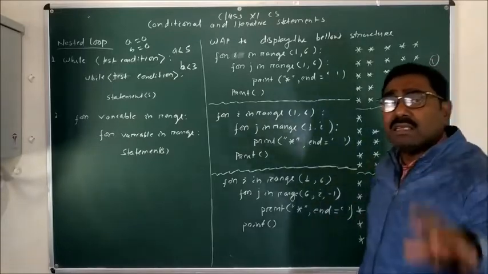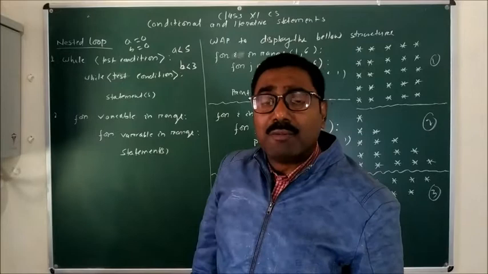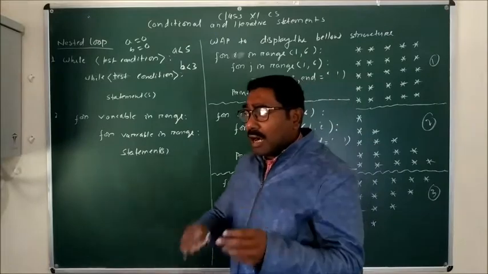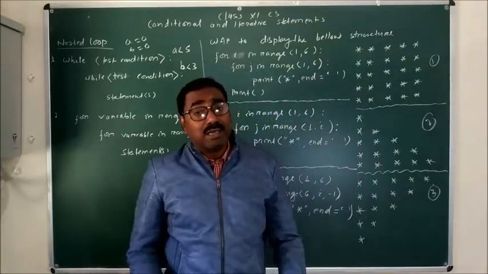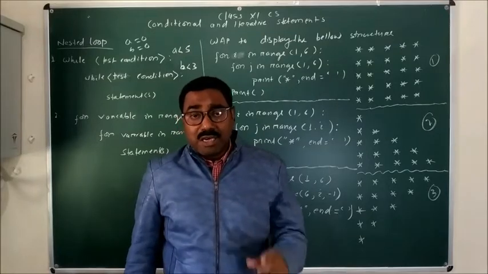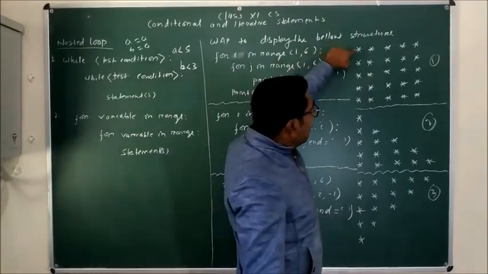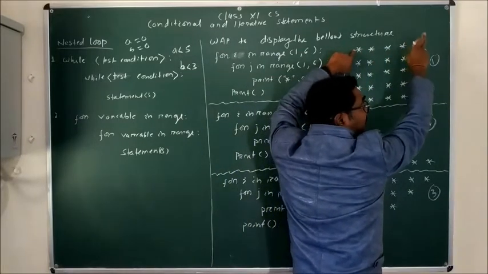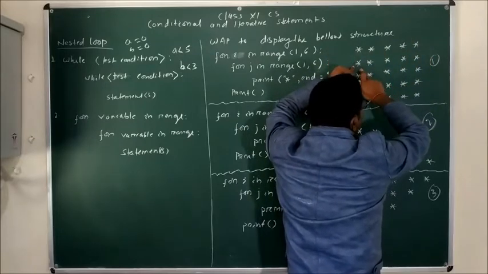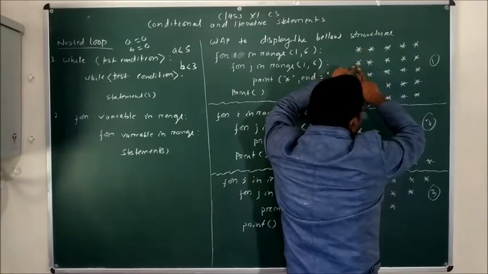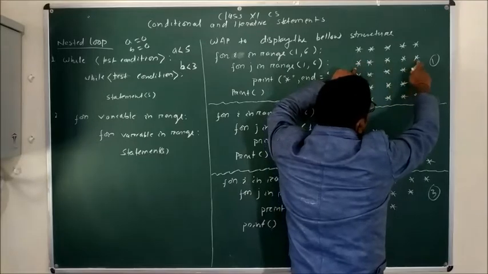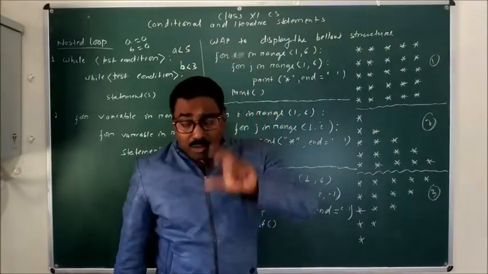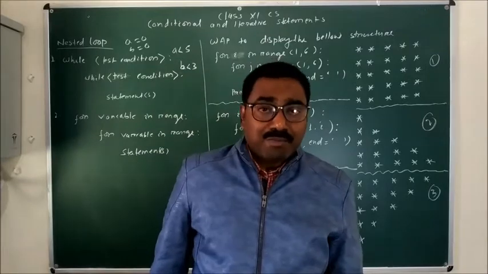The same thing is done in computer programming, or in Python programming, using nested loops. Here the outer loop is used for the row and the inner loop is used for the column. First it will be one row, then the column 1, 2, 3, 4, 5 will be increased. After the fifth column, the row will be increased to 2, again column 1, 2, 3, 4, 5, then the row will be increased to 3. So the outer loop is used for the rows, whereas the inner loop is used for the columns.